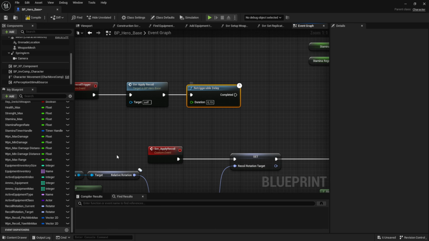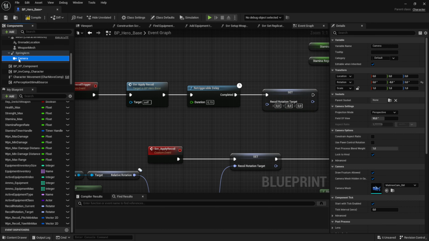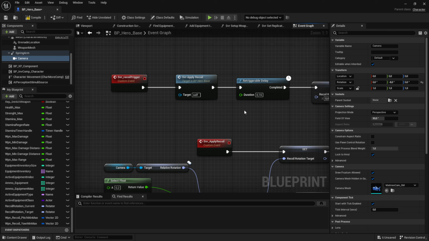And after this, we want to set our recoil rotation target to our default value, so that's the -8 again. That comes from the camera rotation that's set to the actual component in here. So make sure this matches up over here. So that's all we really need for the recoil, and now we need to hook this up to our fire